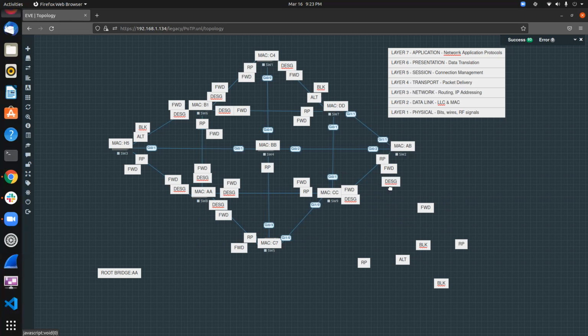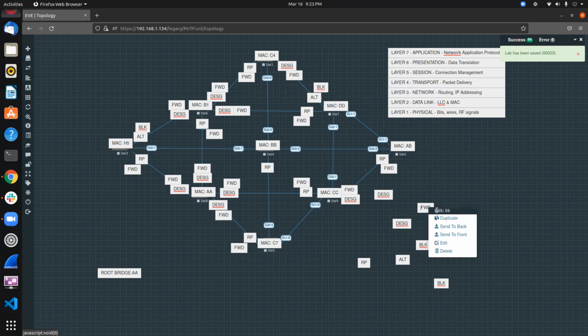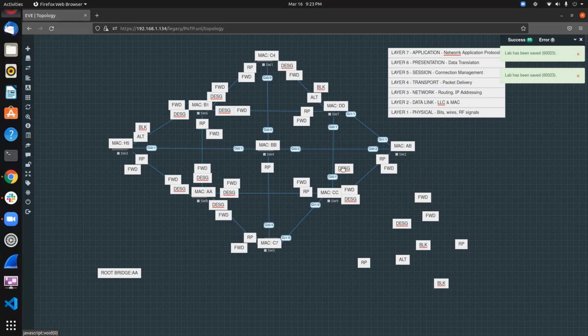I see a tie, and I'm looking at DD and AB, the path between the two of them, and the cost between them. So I think the most logical thing to do is to make GI 0/1 designated forward, and then put alternate block on 0/1, and then make AB